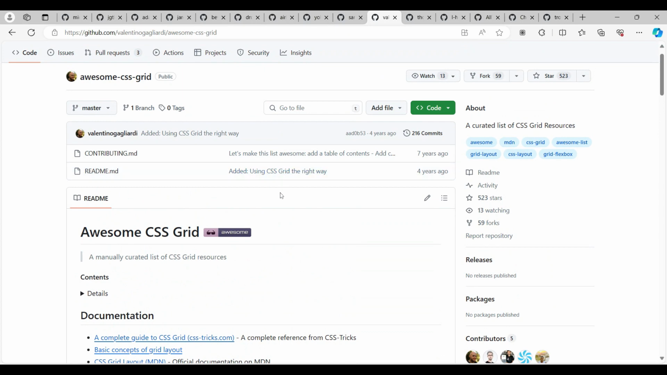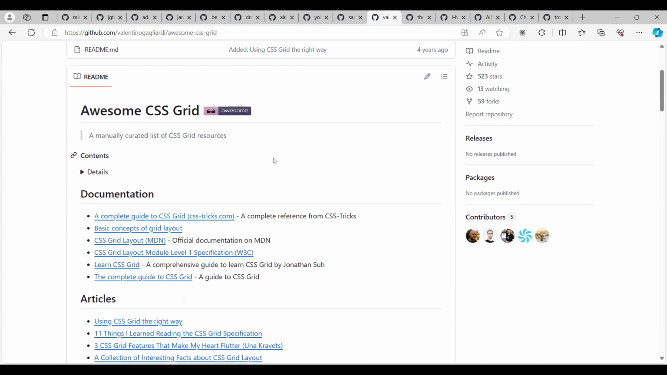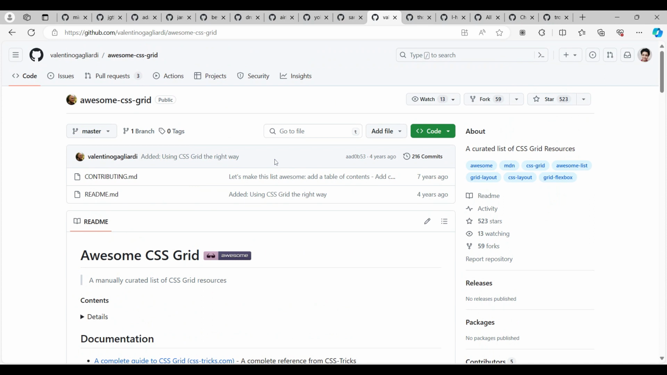Okay, so just learn from here. Follow this thing and learn CSS grid. Spend some time, right? So moving forward,